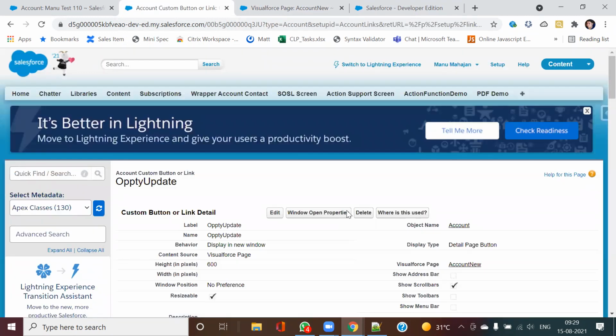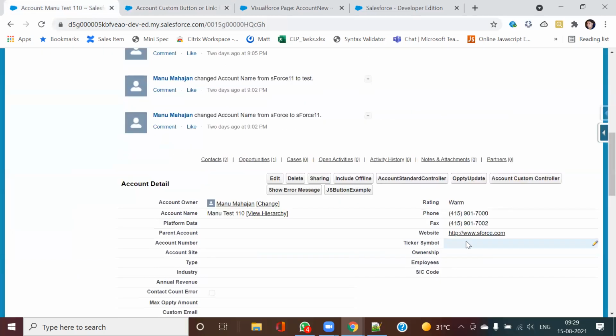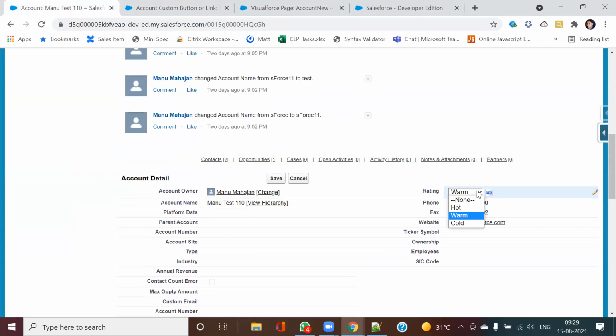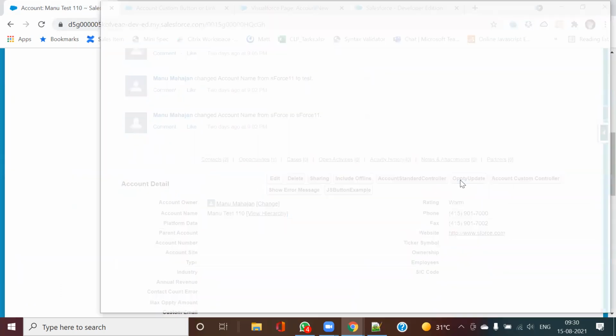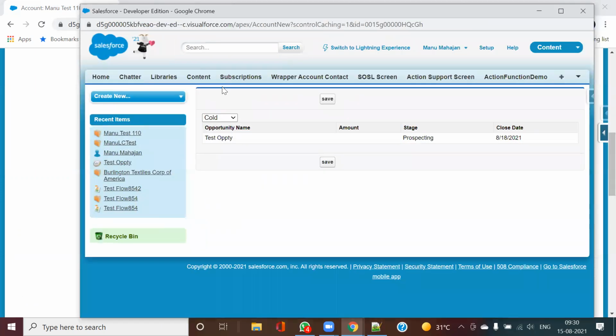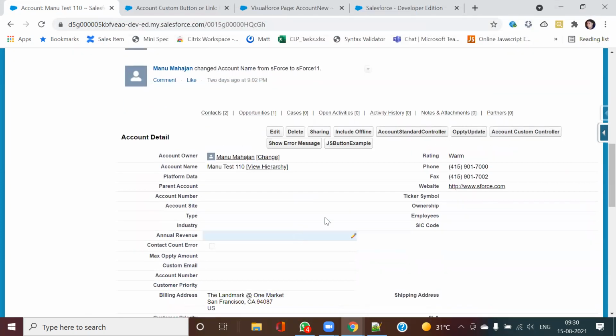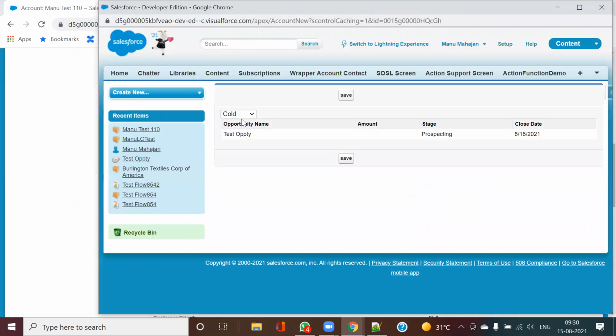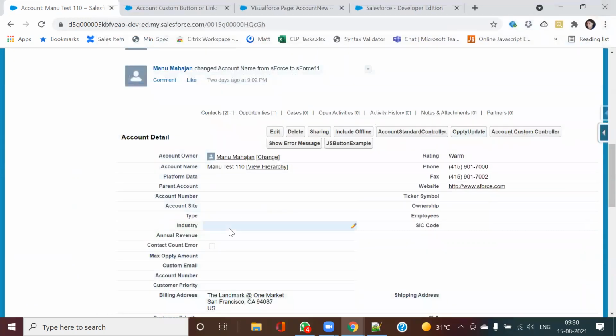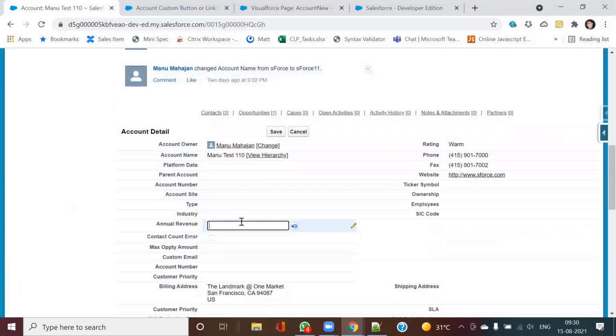So now two things I have covered: standard controller and standard controller extension. In standard controller extension, I want you people to do one thing, if you get time. Assume we have the screen. Whenever my rating is changed, for example, whenever my rating is warm, my revenue should be set to 100 or maybe 200.